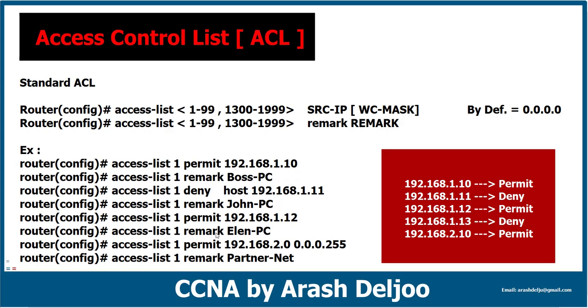Access-list 1 permit 192.168.2.0 with the wildcard of 0.0.0.255. This ACE permits all of the IP addresses in the range of 192.168.2 without noticing the last octet. Because of that, this source IP is permitted. And then access-list 1 remark partner net, this is for example a remark. Because of that, now we can easily configure the ACL, but you know that after